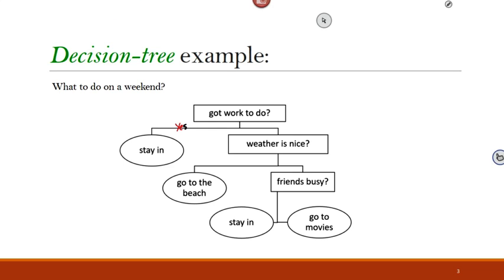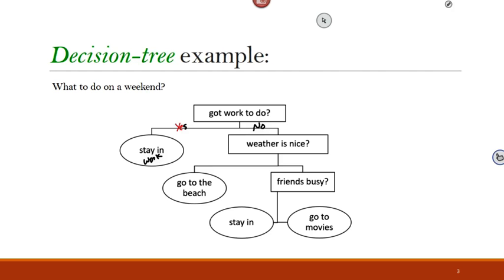If your answer is yes, you stay home and you do your homework. And if the answer is no, then you think of something else, right? So pretty much that was the first rule that you will have in your mind when you decide what to do on a weekend, whether you have work to do.